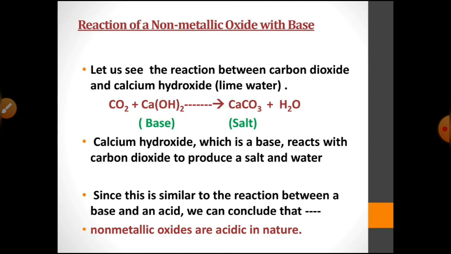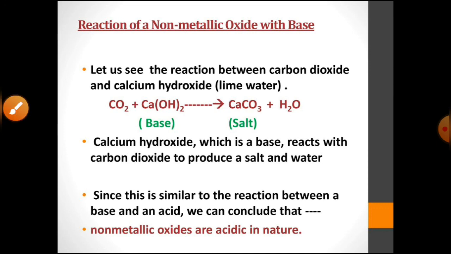So these non-metal oxides are responsible for acid rain, as we have seen in the previous videos. These non-metal oxides react with water to give acids. So these gaseous non-metal oxides are acidic in nature. When we keep a blue litmus paper in air for a few minutes, you can see the blue litmus starts to turn red, because non-metal oxides which are present in air will turn blue litmus to red because they are acidic.